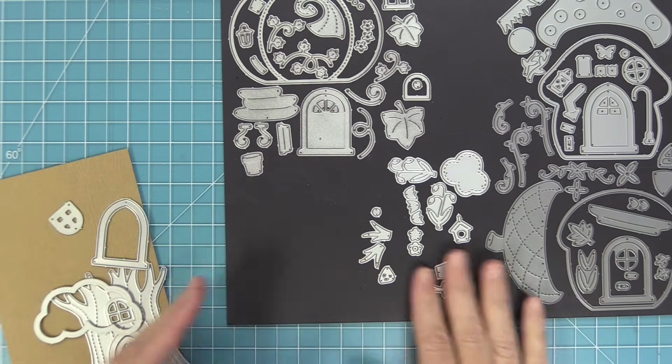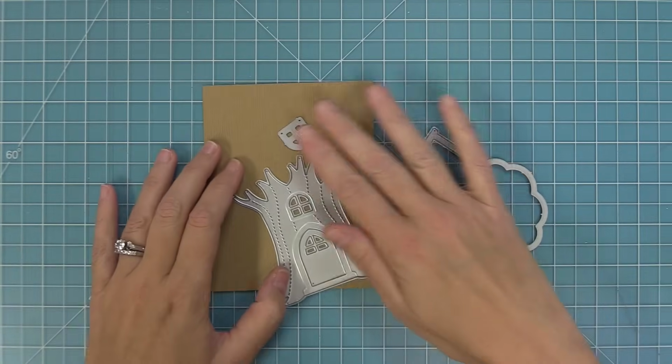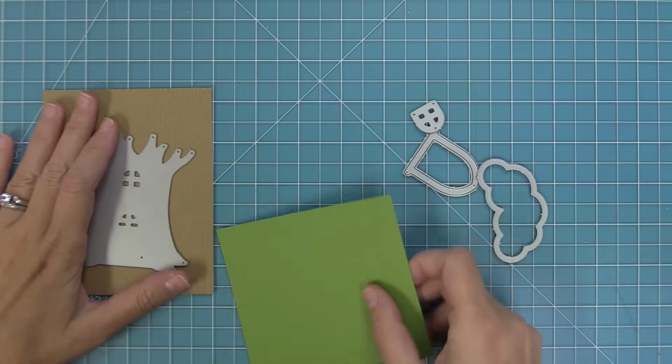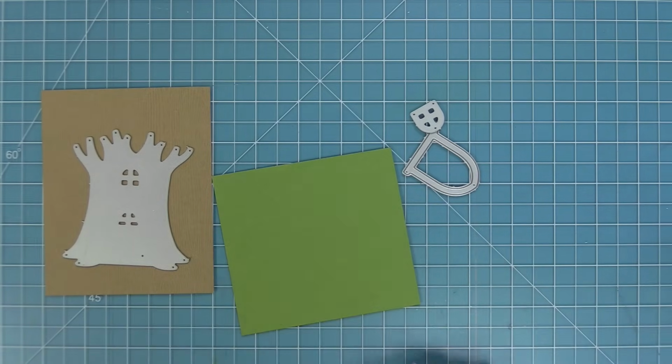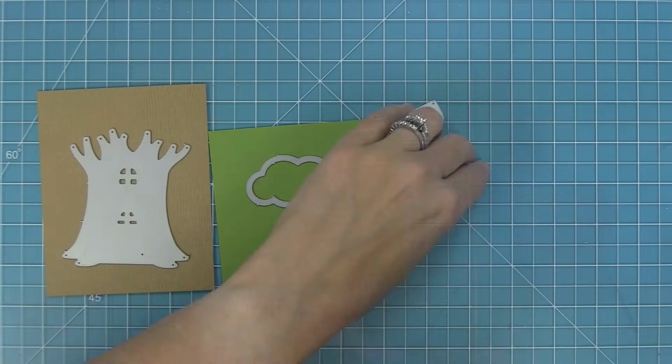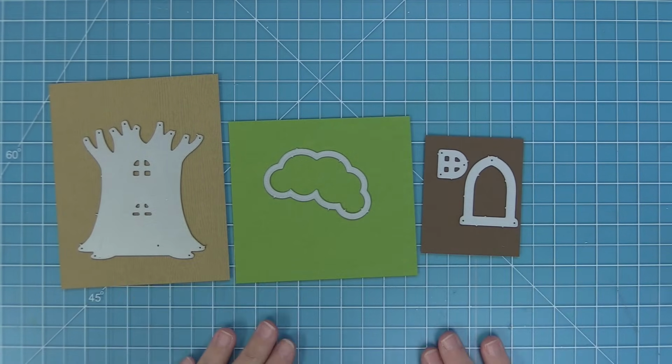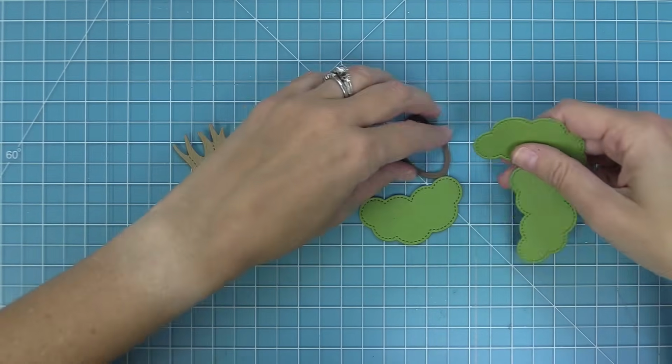And right now I am recreating a card by Audrey. So thank you so much, Audrey. I just love how gorgeous this treehouse is with these super cute woodland critters. So I'm going to take the treehouse and die cut it from some wood grain cardstock. The tops of the trees are going to be from that same algae. And then here we have some chocolate bar cardstock, and we're going to cut the little details of the treehouse